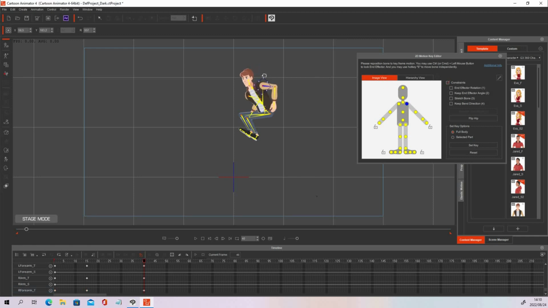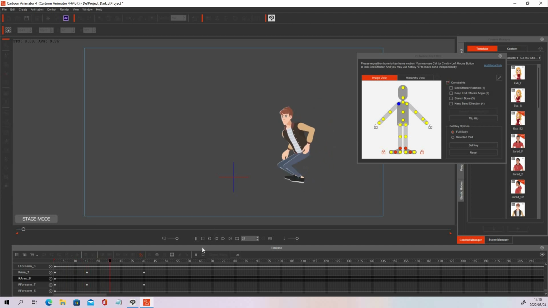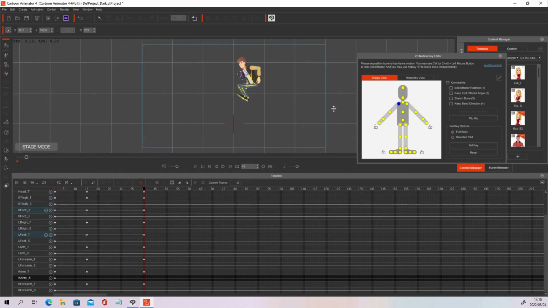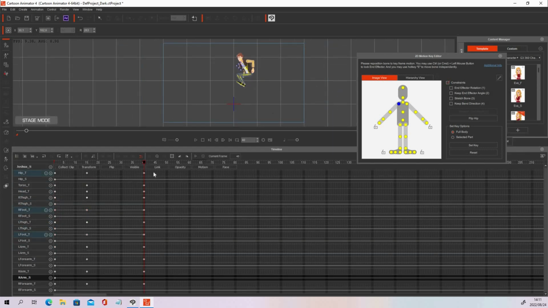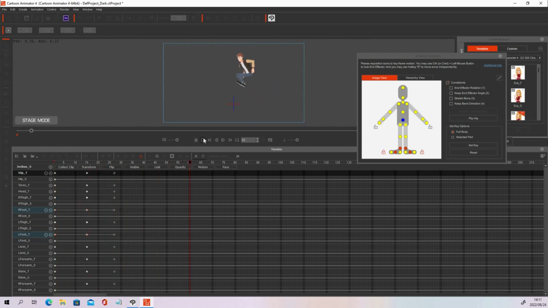And maybe his arms a bit more. Okay, so if I'm going to press play now, you can see that is very slow. But what you can do is just drag everything. There's all the keyframes, so I just select everything and I drag it. Let's drag it up to there, and let's press play. A little bit better, but